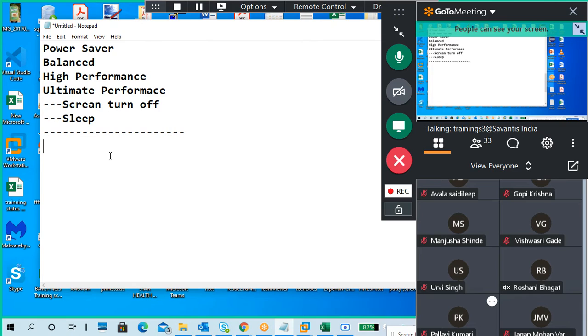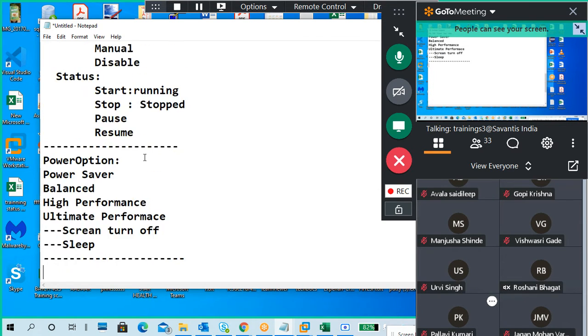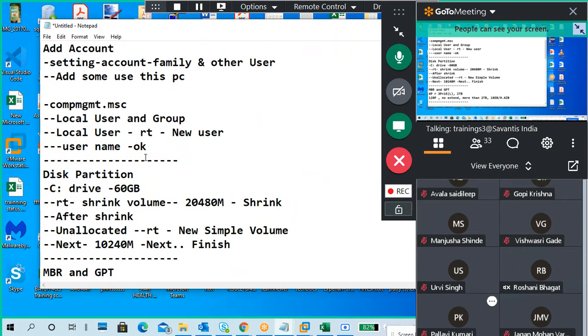Guys, an important question: there are mostly Windows 10 related questions. A lot of other questions are there, but the important question is what practicals you have done in Windows 10, because there are a lot of things you can do in Windows 10, but what practicals you did in the classroom. They will ask that question, so you have to be able to tell what you learned in Windows 10.